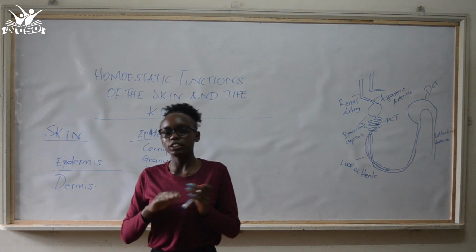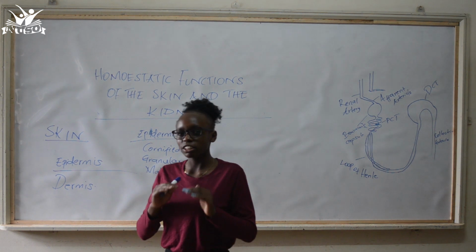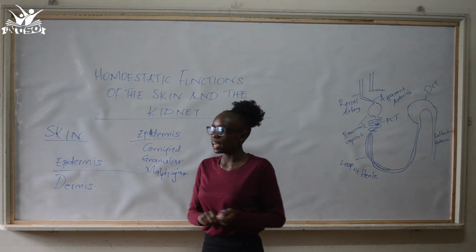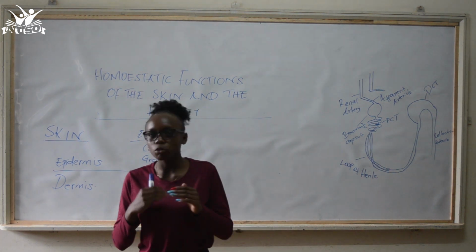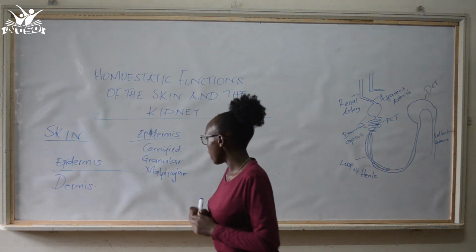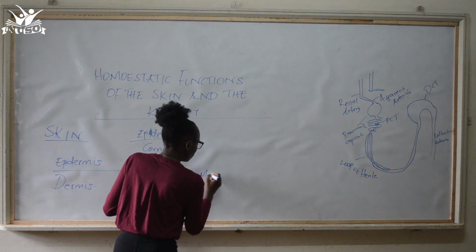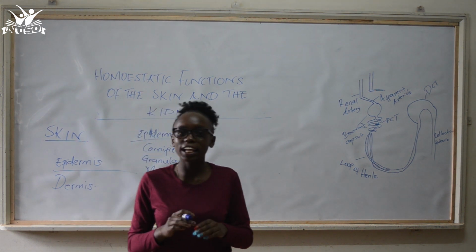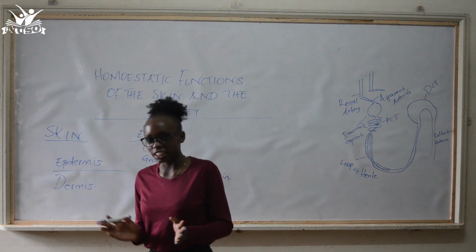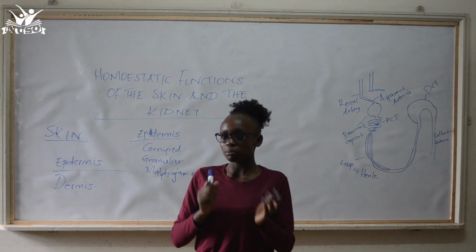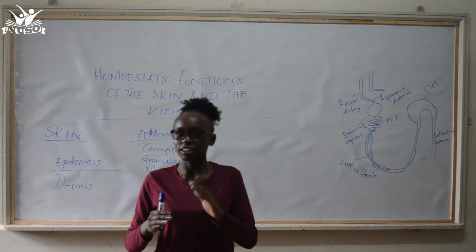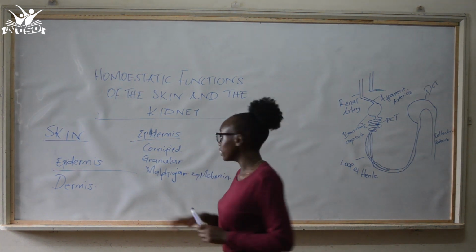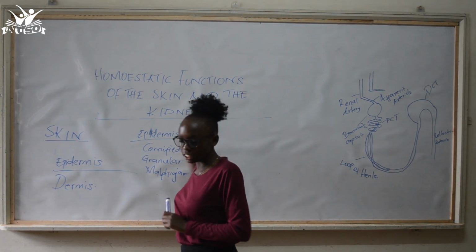The granular layer is the middle layer. This layer consists of living cells, and these living cells give rise to the conified layer. We move on to the Malpighian layer, the innermost layer of the skin. This layer contains melanin. Melanin determines the skin color of a person, of a living organism or a human being. That's why you'll find some people are light-skinned, others are dark-skinned. It is because of this melanin. Now that is the external structure of the skin.